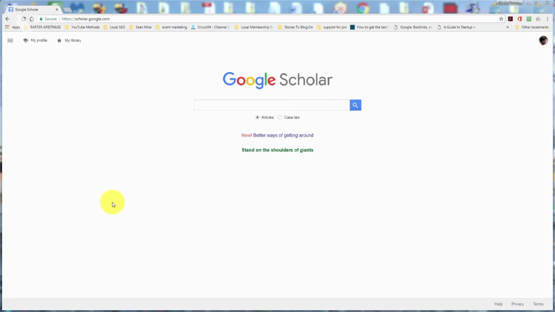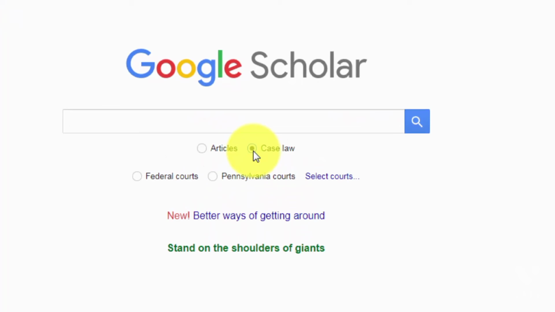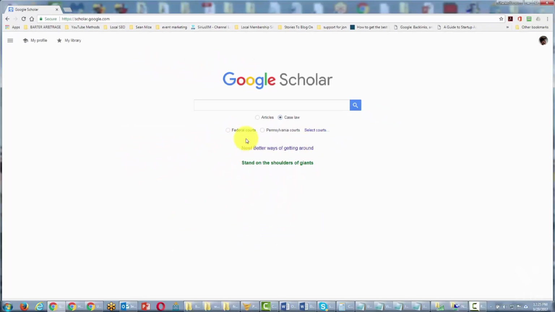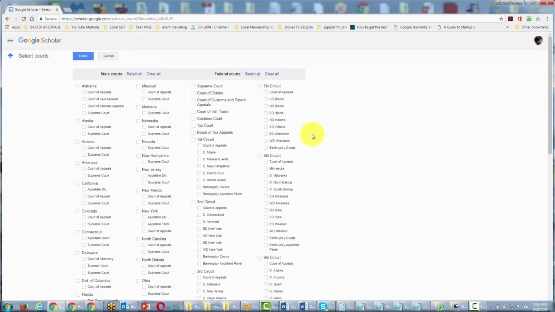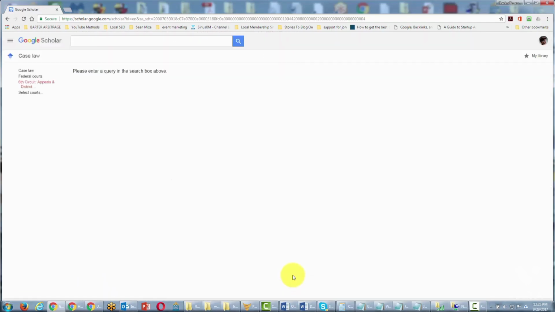Welcome back. Now, another way to use Google Scholar is also to look for legal research. And in order to do that, all you really need to do is to click the case law button. And what you can do is you can actually search for the level of court that you are going to be looking for the information from. So for example, if we wanted to select a certain court, we can actually select that court inside of Google Scholar to modify our search